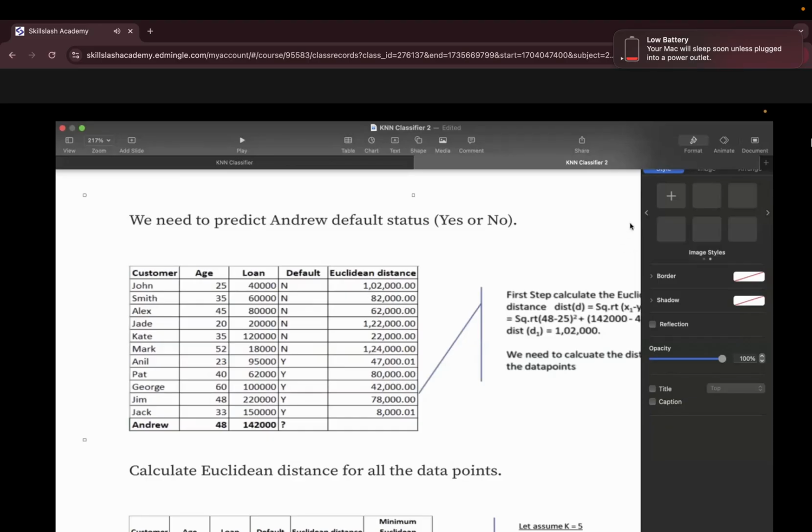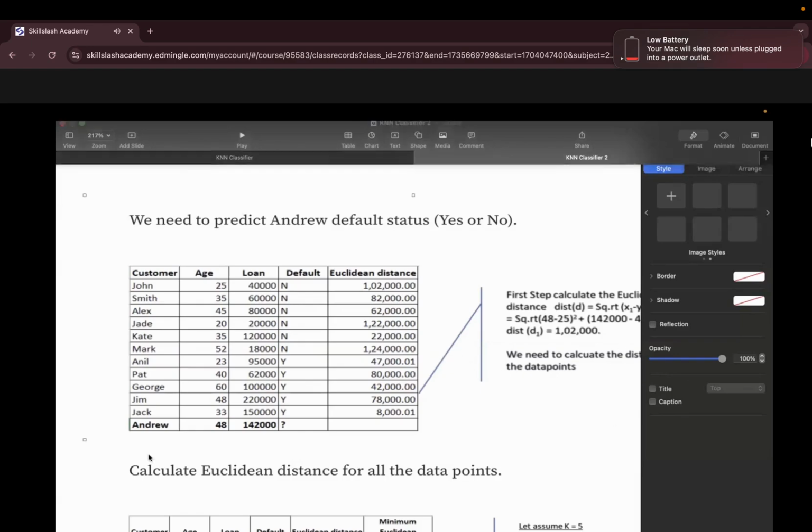Okay. Doing calculation one by one for a small data set is okay. But what if we are having a big data set? That's what I'm talking about. Don't worry. N number of data entries you are having, still this model is going to work. I'm not saying that it is not going to work, but it is going to give you a higher cost. The implementation is required. You will be needing extra memory for saving this Euclidean distance for every data point one by one. We will see that later.